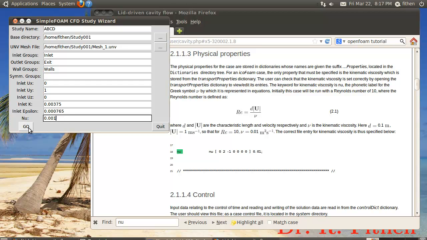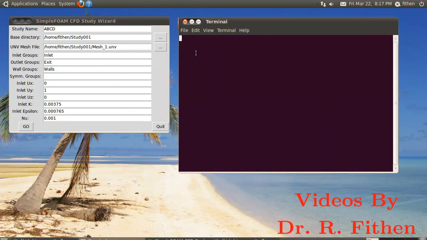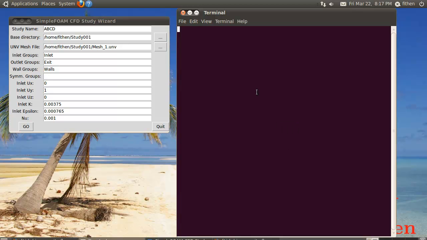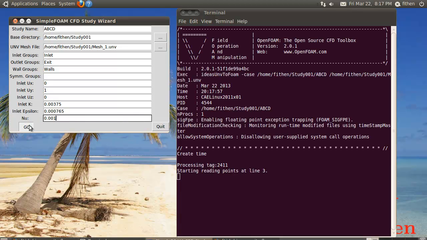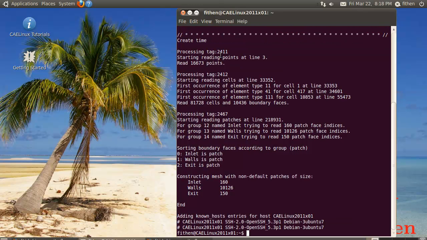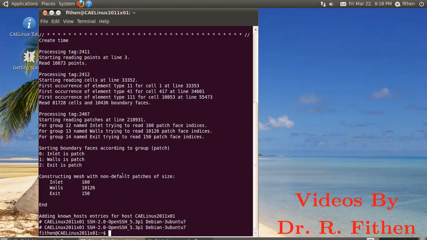0.001, and I can hit the go button. Now before I hit the go button, I'm going to get this out of the screen. Now this is a terminal that I'm going to kind of try to expand a little bit, because it will write in the Python script, will write into this. Okay, so it says a new simpleFoam study has been created. Please check the generated files and then run simpleFoam to start the solver. I hit OK, and then it basically dumps me into this particular